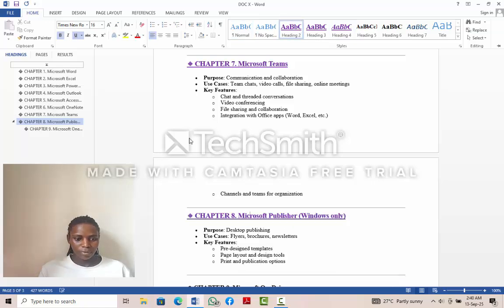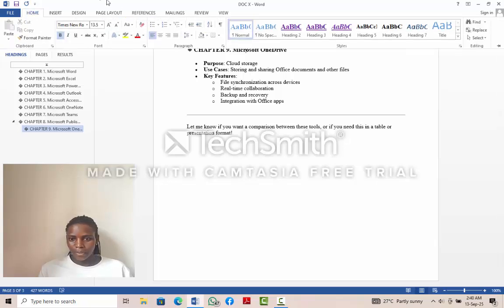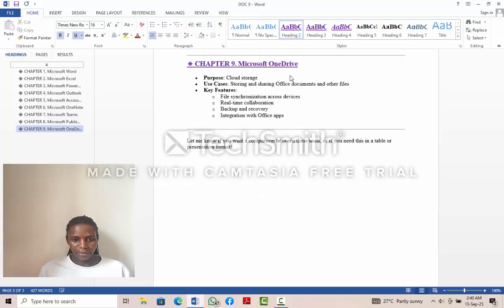Then this last one, the chapter 9, we also do the same like the previous ones. Heading 2. So after doing that, we shall first come back here to